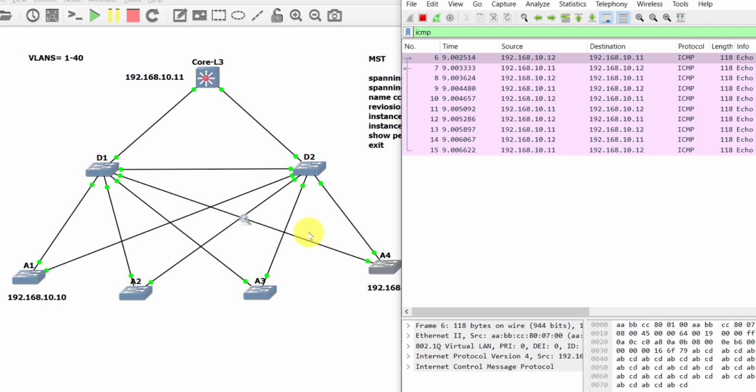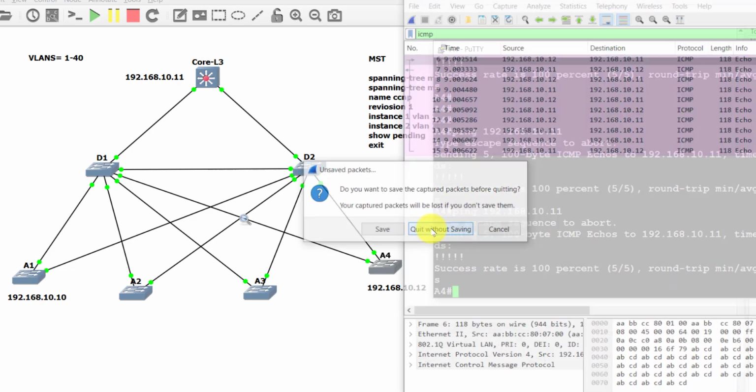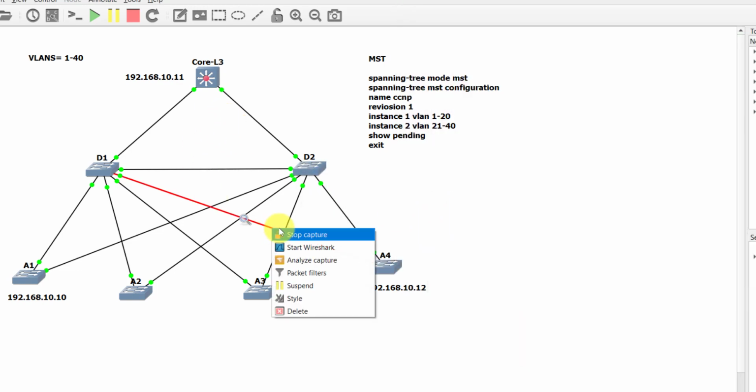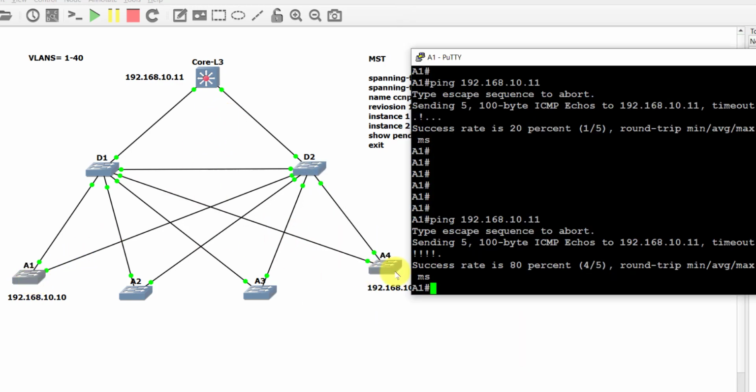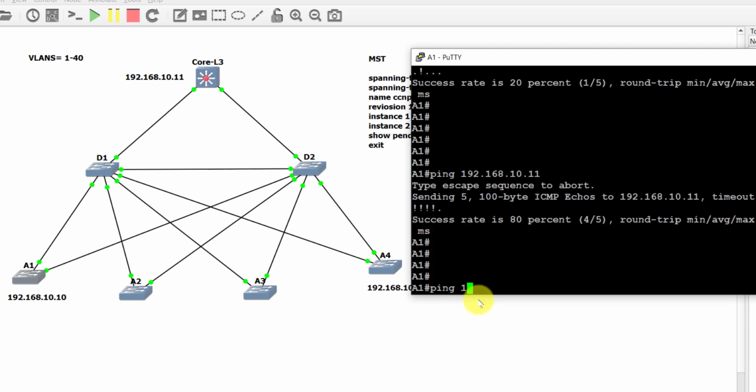It's like a map, guys. The packets are finding the best way to reach the destination. Better saying, the best way is this link. All right, the ICMP packets are working properly. Another thing I have to check is that we can see the furthest switch, I mean A4, from A1. So if I ping 192.168.10.12,